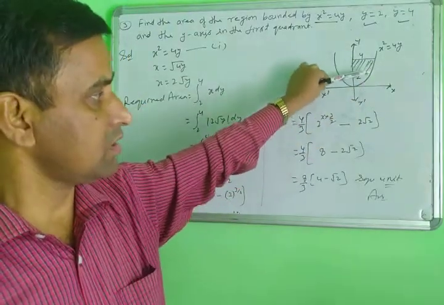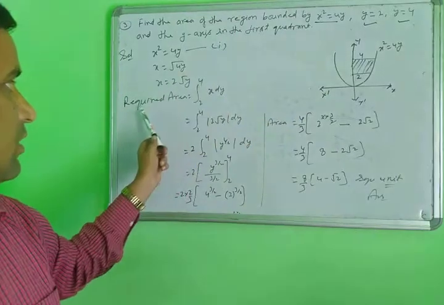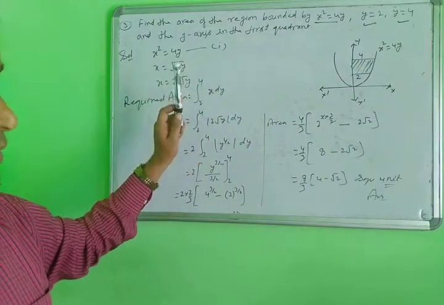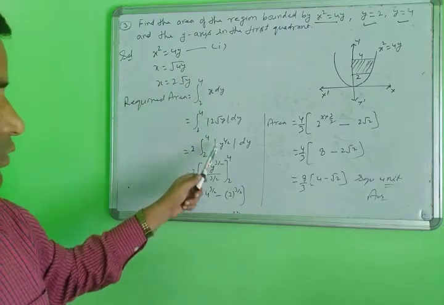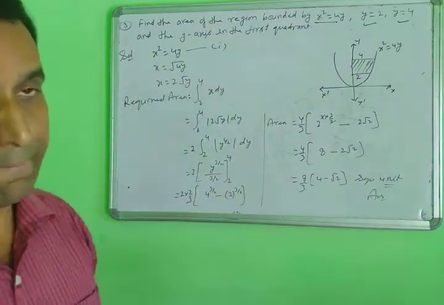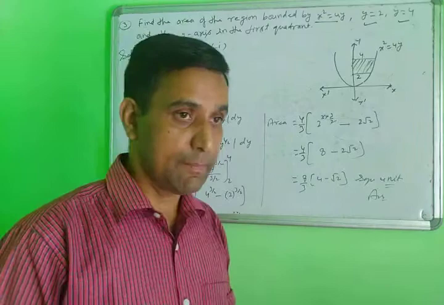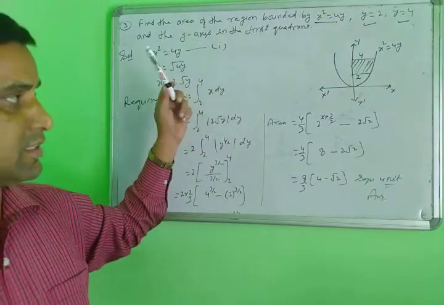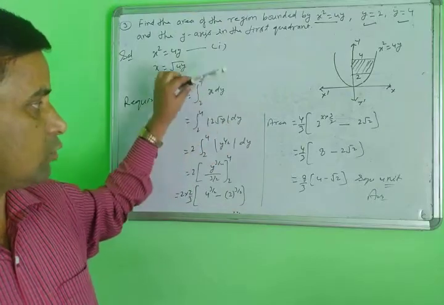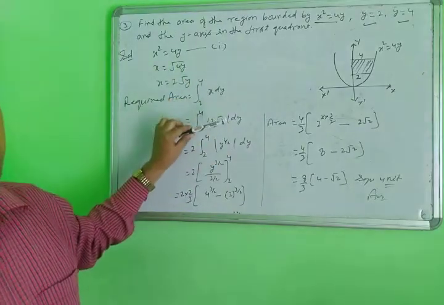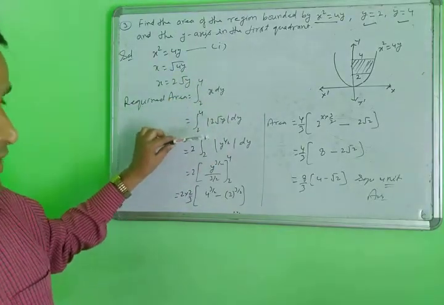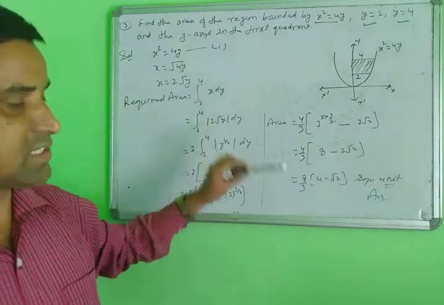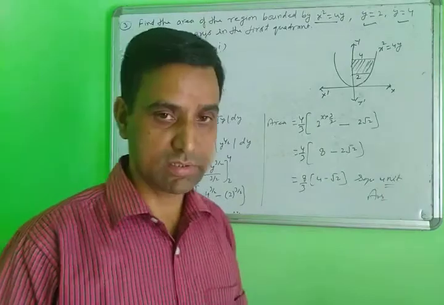So then, according to this way, you will write the required area equals x dy. What will be the value of x? 2 root y. Then you calculate here, then you get the answer. So every time in this type of question, application of derivatives or any other definite or indefinite integrals, you solve and then you check the calculations, whether anything is left or not. Then you check this every time. Yes, note it down. Then next question.